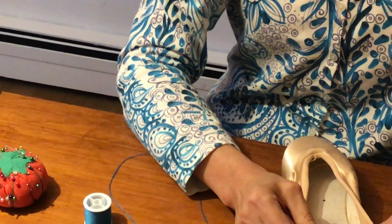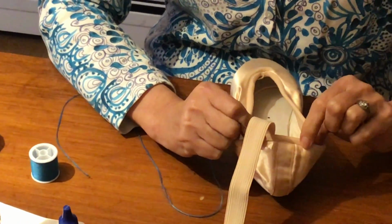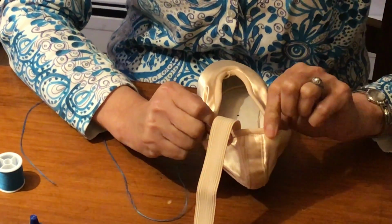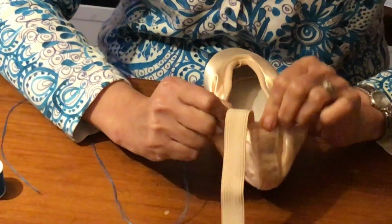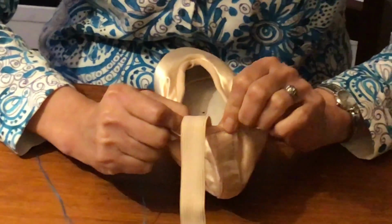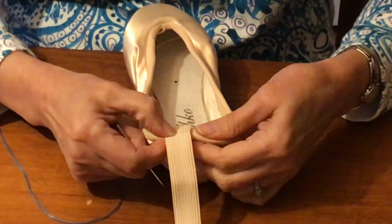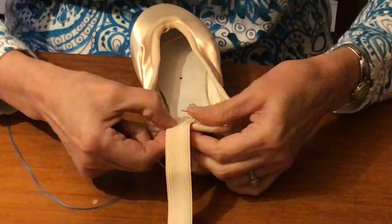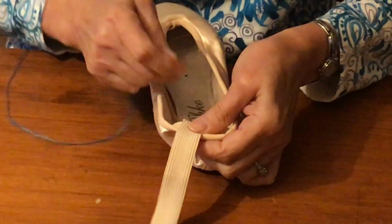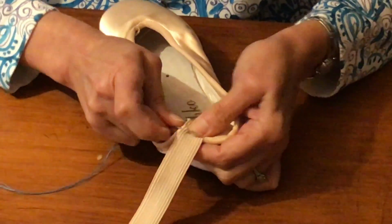I'm going to sew the elastic from one side of the back gusset of the pointe shoe to the other side of the gusset. You want to measure around your dancer's ankle to ensure that the elastic is snug enough but not too tight. The function of putting the elastic here is to help keep the heel of the shoe on the foot. So now I'm going to start with a very basic running stitch,